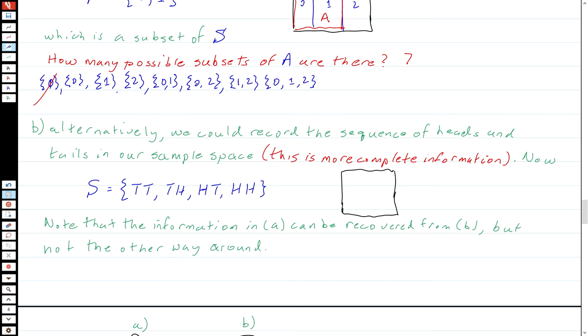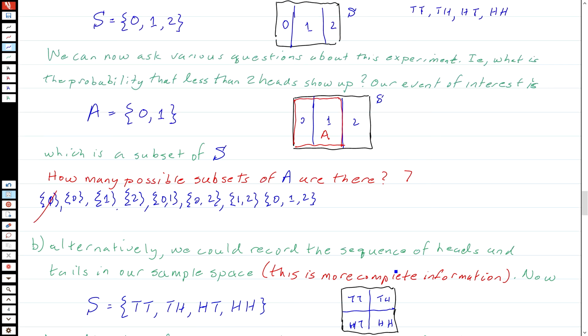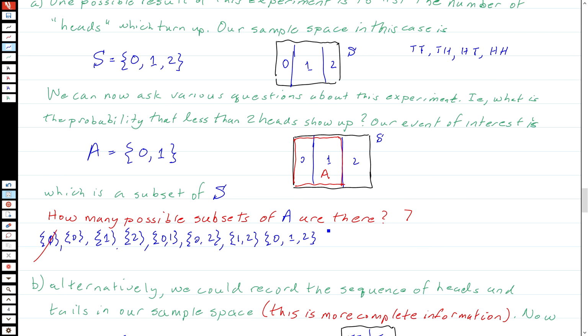And we've actually got 4 spaces here. One of them is tail, tail. One of them is tail, head. One of them is head, tail. And one of them is head, head. Okay. And basically, if we know this, we can recover the information in this sample space up here,